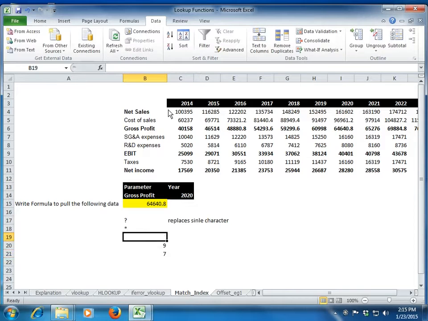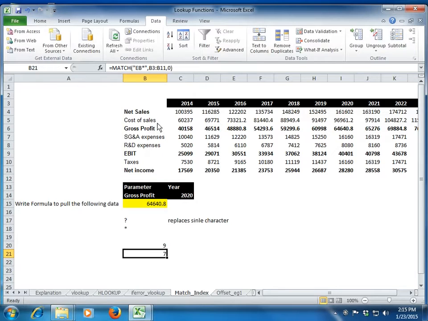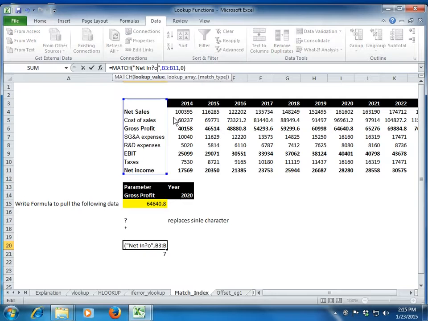Similarly, an asterisk will work. An asterisk is generally more useful when you have more than one character missing in your lookup value, right? So let's say I'm sure about EB, but I'm not sure what the spelling is thereafter. I just simply replace it with an asterisk. Whatever the number of characters after EB, Excel will fill those characters for us and give me the right answer. Again, as I was saying, if someone used net income, someone used inc dot, etc., I'm not sure what was used here.